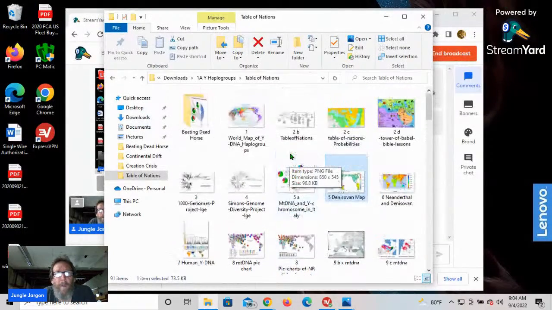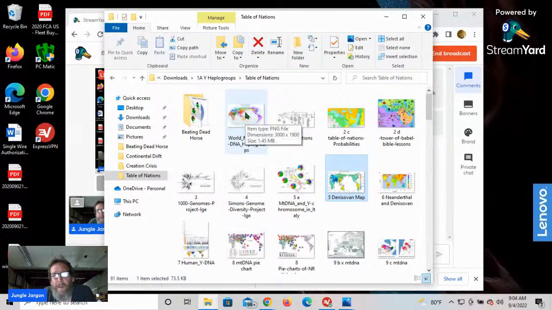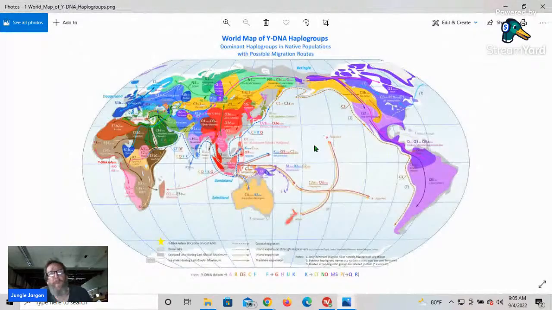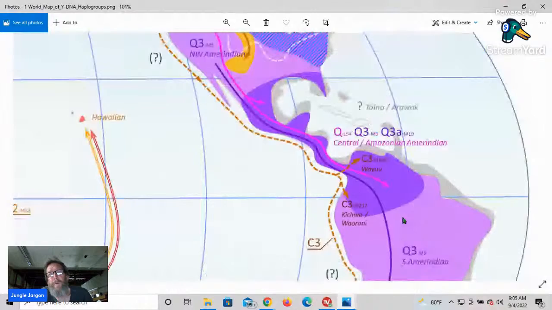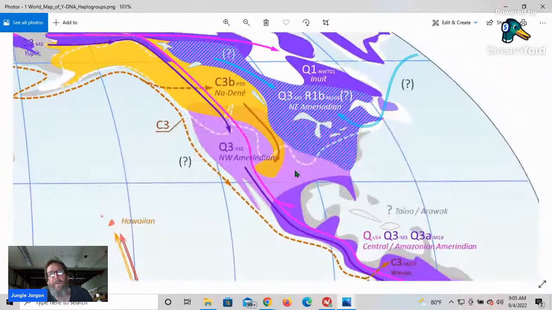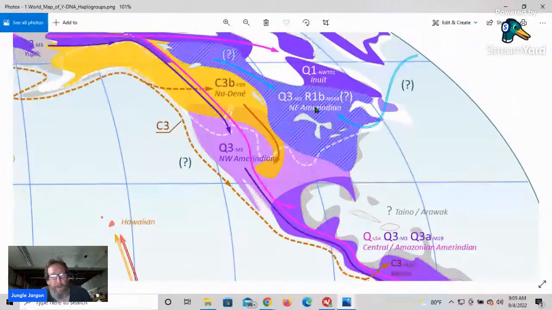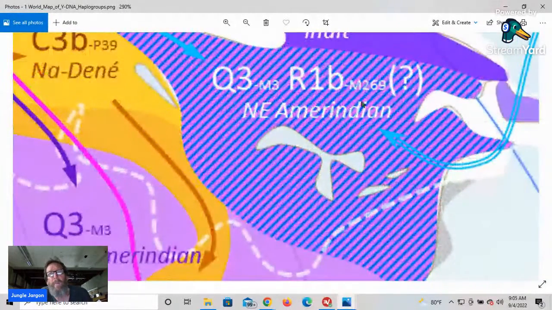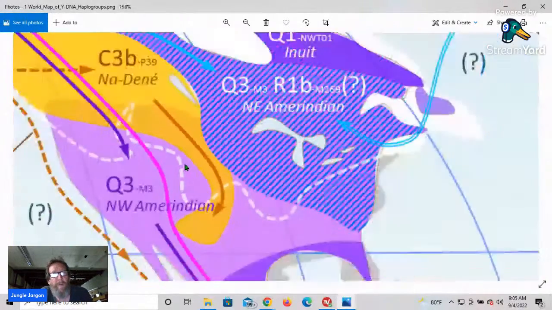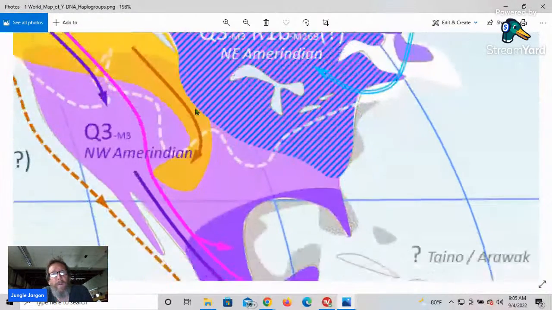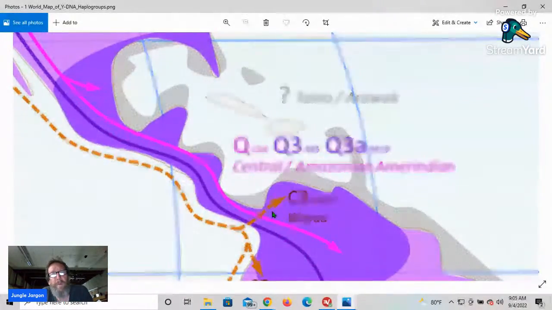But I guess I could show that now. Because in America you have the Q paternal Y chromosome of the Amerindians, the Q. There's the R1b again. Remember the R1b? They didn't know how it got there into the Great Lakes region. But there it is. But there's also the C3 of the Nadine, and all the way down through into South America,